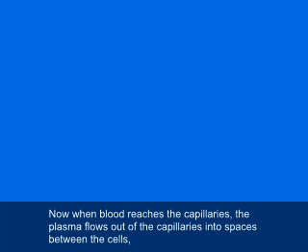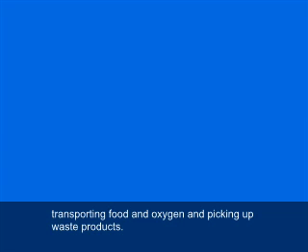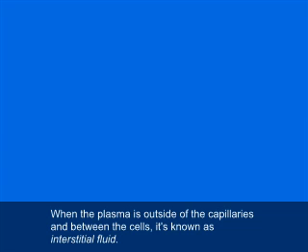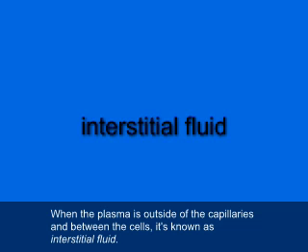Now, when blood reaches the capillaries, the plasma flows out of the capillaries into spaces between the cells, transporting food and oxygen and picking up waste products. When the plasma is outside of the capillaries and between the cells, it's known as interstitial fluid,